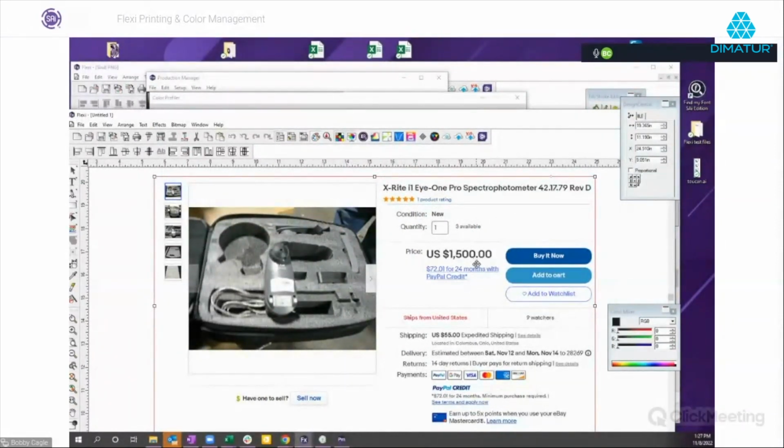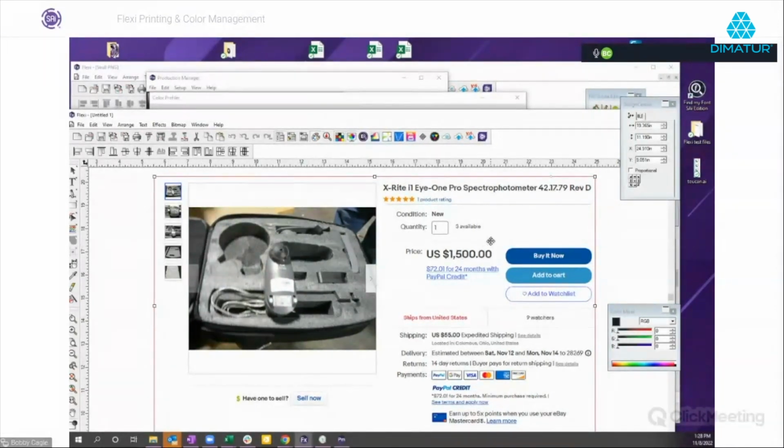I've seen them for as little as $300-400. But this measures the color swatches that Flexi prints out for you to be able to make your own color profiles. If you're really serious about printing good color out of Flexi in your environment with your printer and everything else, I would strongly recommend investing in some color management